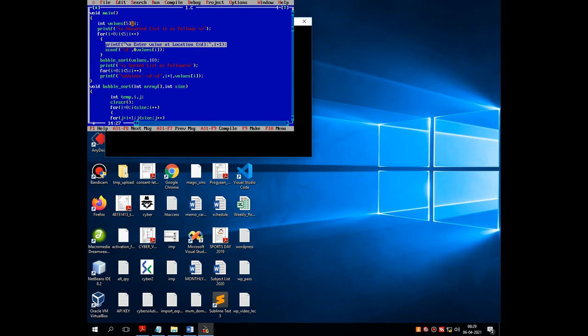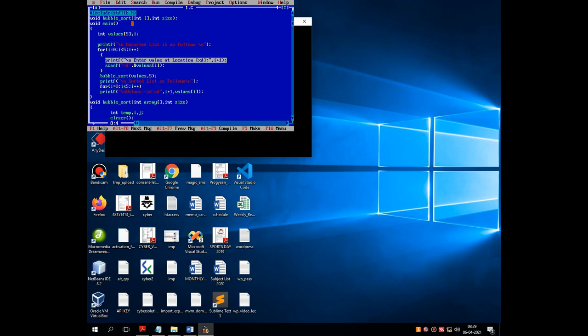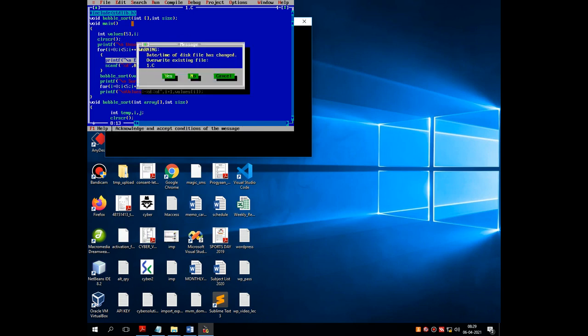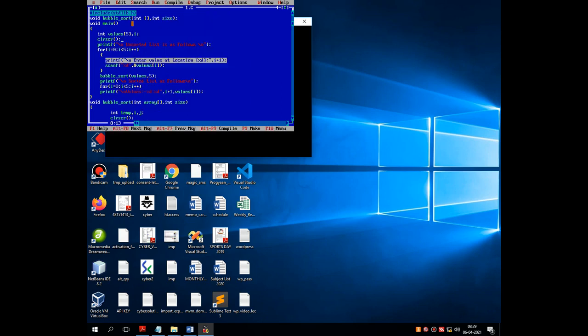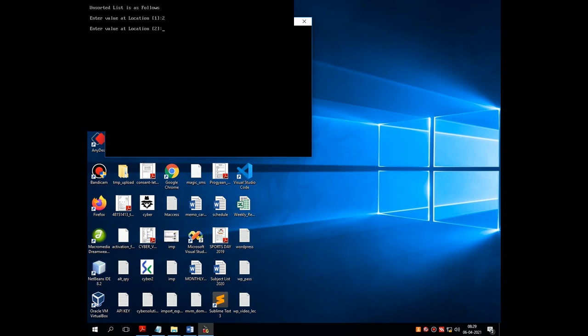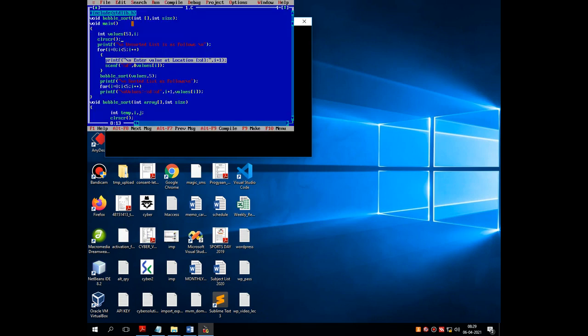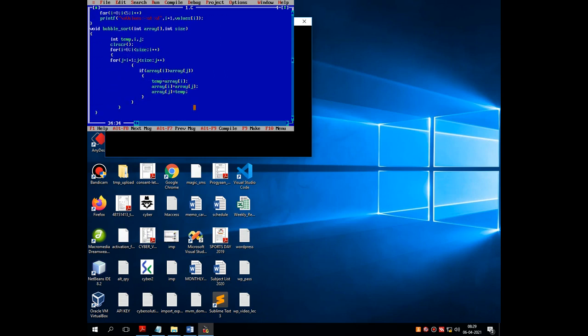Here I think I have to reduce the size and use a clrscr function. Execute the code, enter the values 2, 0, 9, 1 and 5. So values are sorted and the output is 0, 1, 2, 5 and 9. Program works properly. Now let's see how can we logically implement this particular program.